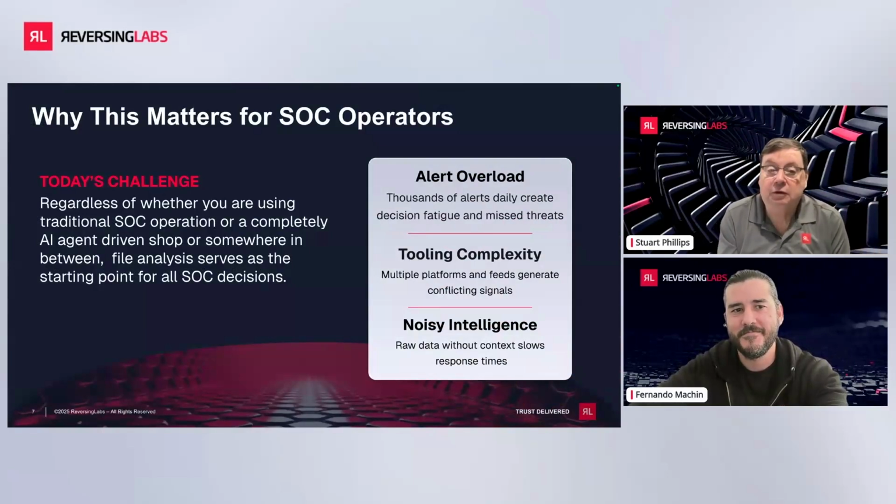So anyway, when you go in and you look at these files, the first thing you really want to do is look at a file that's come in and it's a suspicious file. Files are suspicious for a lot of different reasons. Often a file is suspicious because you've just never seen it before. And you've got to figure out, is it a good file? Is it a bad file? And we talk about this as the starting point for SOC decisions.